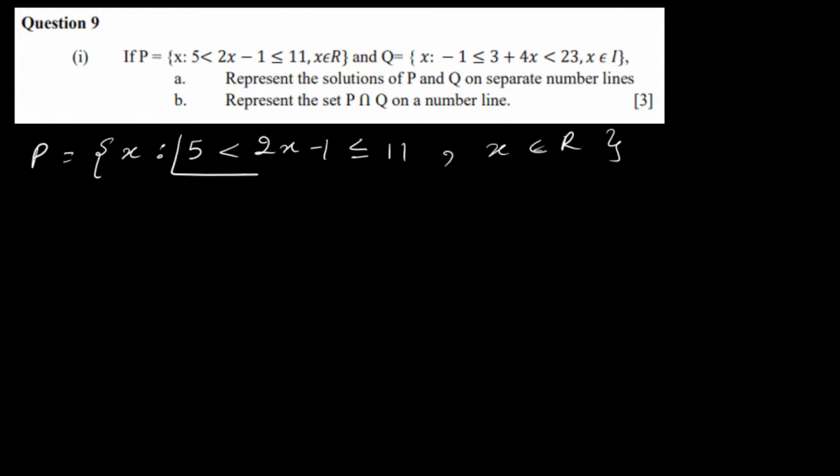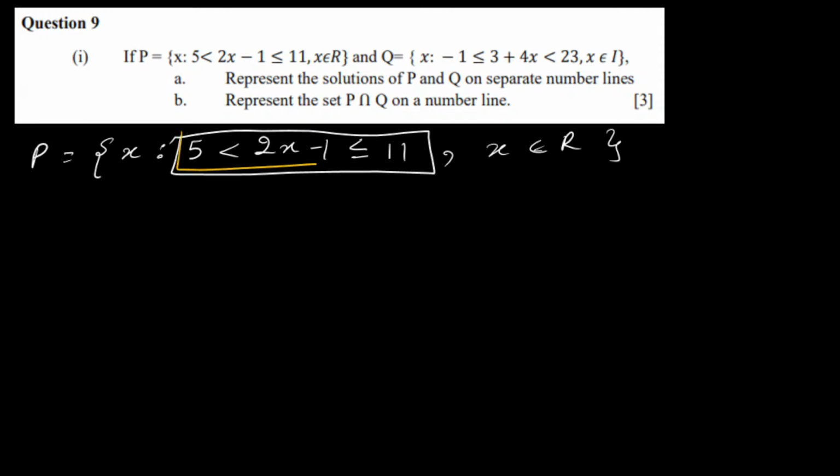So what is given to us? For P, it's given to us: x such that 5 less than 2x minus 1 less than equal to 11 and x belongs to real numbers. So this information is given to us. We'll make use of this part and we'll find the value of x. So part by part we have to do. Whenever we are solving an inequality,